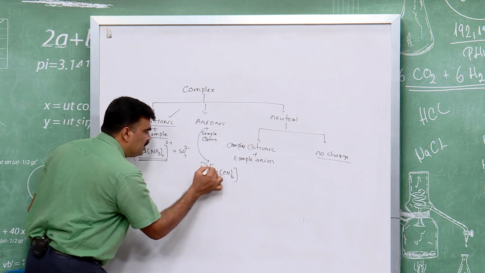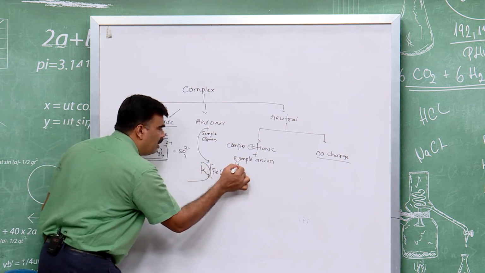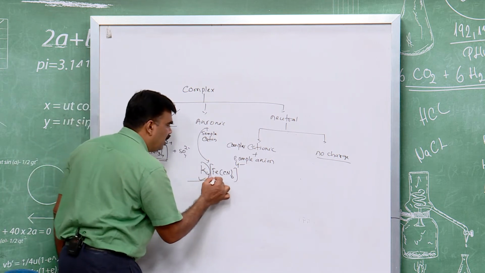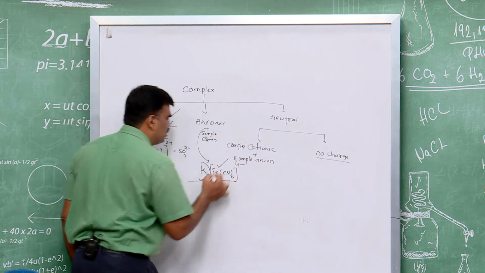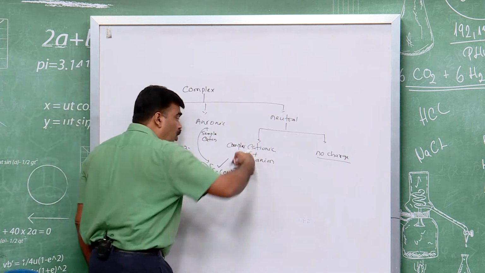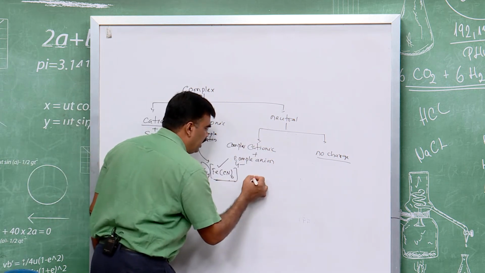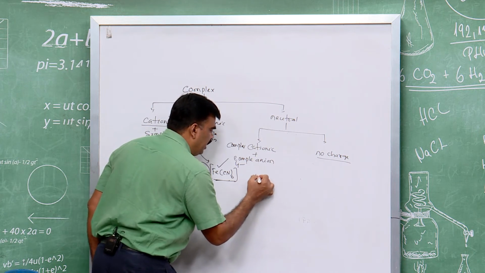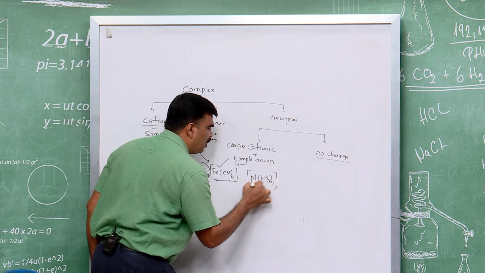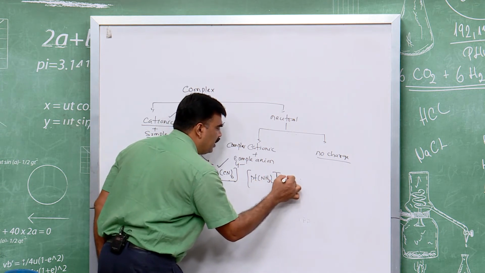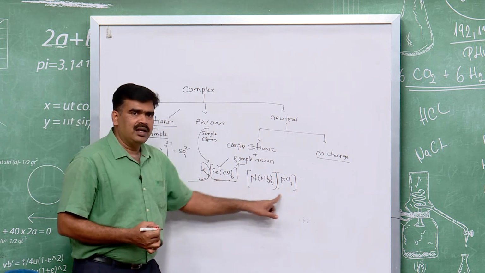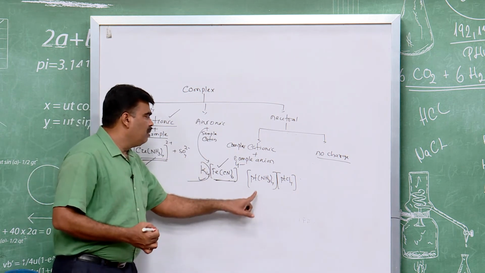You see, this is a simple cation. Here you have complex anion, complex simple cation, complex anion. So, complex can be anionic, complex can be cationic, and both can also be complex, like your Pt(NH3)4 PtCl4. Here you see it is also neutral, all are neutral, but here it is